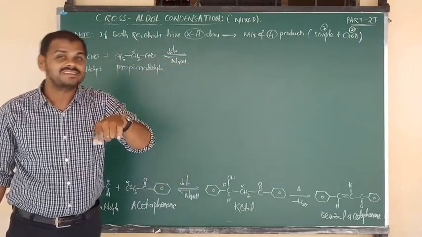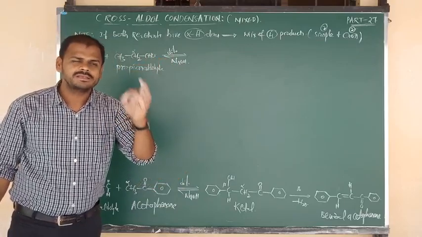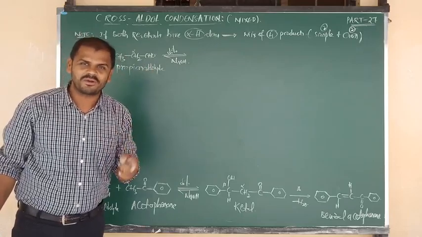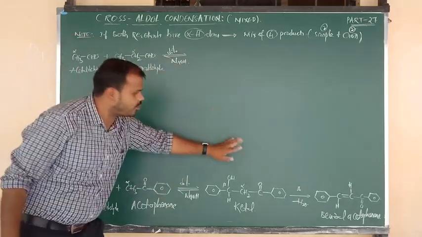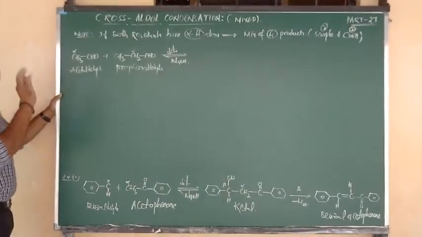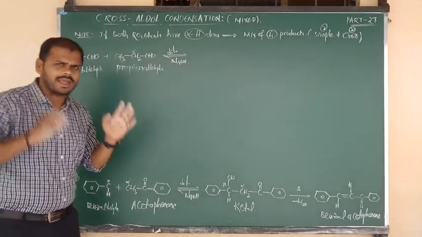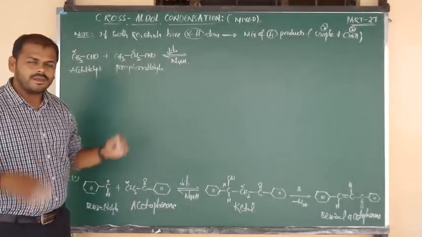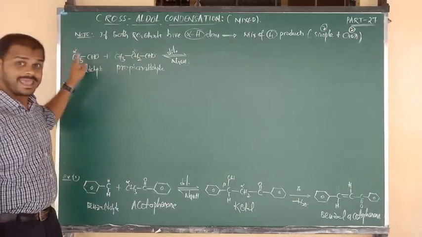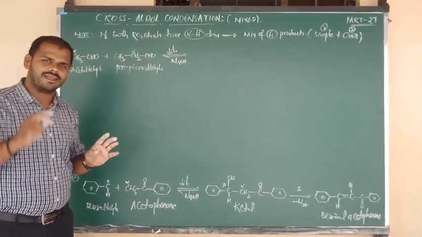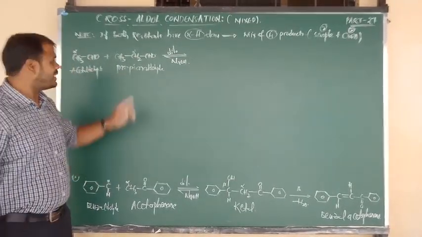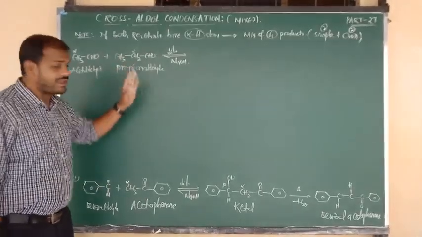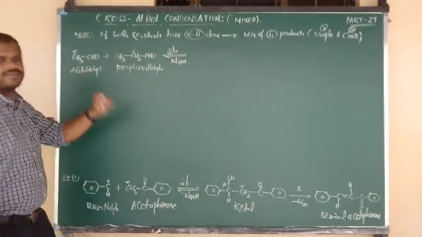Shortly I told you in the last class, in the last minute, simply after the elimination of the water molecule, you will get the product. So how to write the product? Quickly I want to tell you directly how to write the products. First of all, how will you get the 4 products? Some hint I want to give you. Suppose this is the A molecule, and suppose this is the B molecule. So first product, A plus A, means acetaldehyde plus acetaldehyde, that gives 1 product. Next one is B plus B, that gives the second product. Next A plus B, that gives the third product. B plus A, that gives the 4th product.